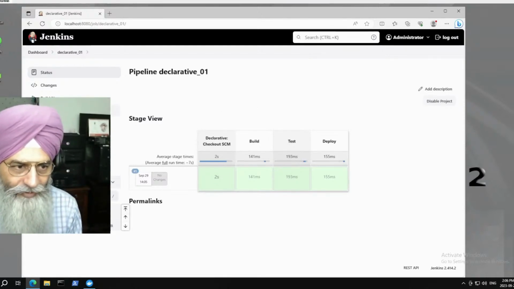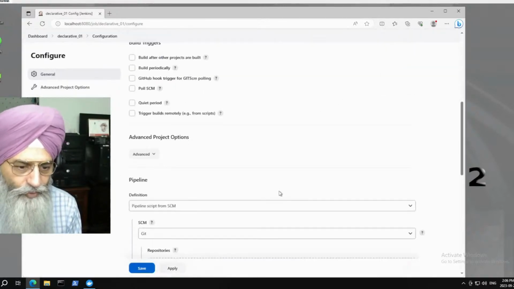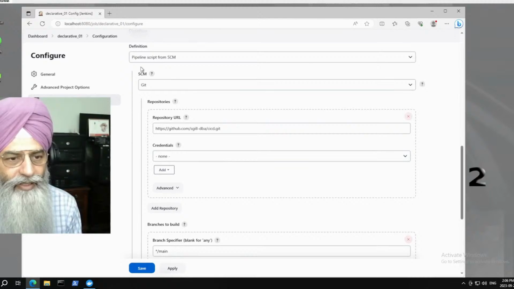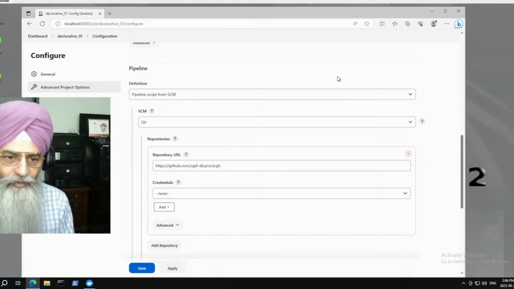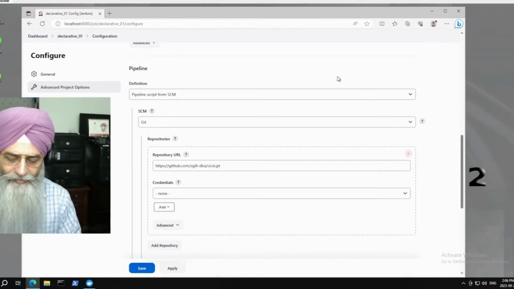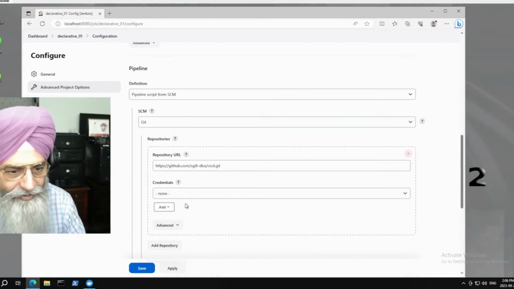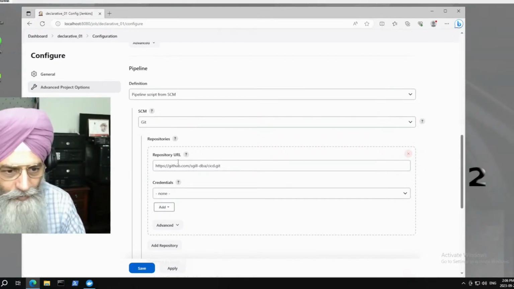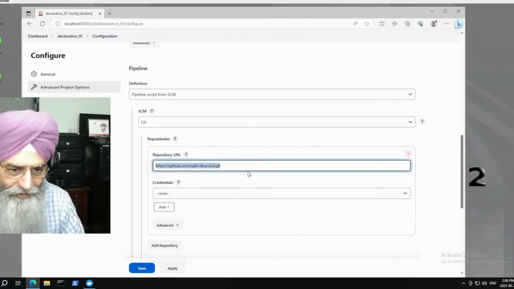Let me explain one more time that in the configuration page, if you go to the definition of the pipeline, the pipeline definition is on SCM. If we don't select SCM and just get it from the script, then we have a box where we can type all the information which is in the Jenkinsfile. But if we are telling Jenkins to get the information from the repository, then we will provide the Git repository